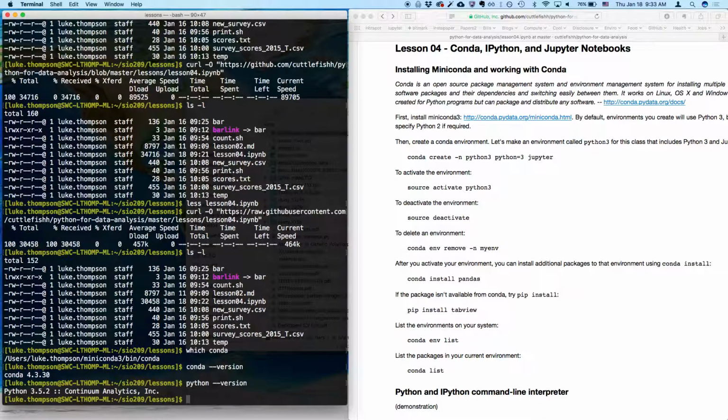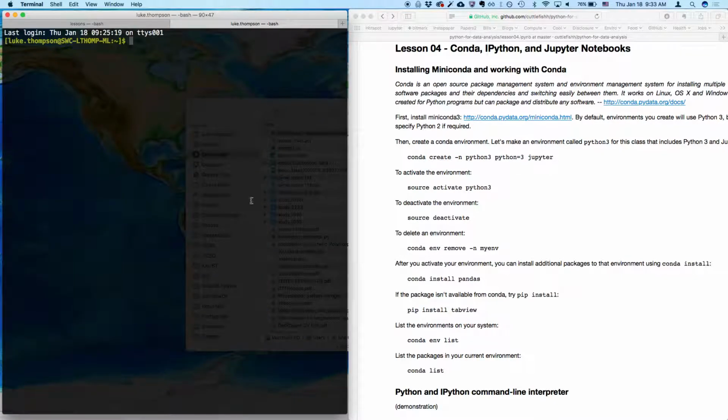Now, I'm going to exit out of this second window. Let's just create another window so we have a clean window. So type Command T, and this will open up a new tab in our home directory. So we don't need to worry about the lessons right now. We're just going to work with Conda. So first thing we're going to do is create a new environment. So we're going to type conda create,